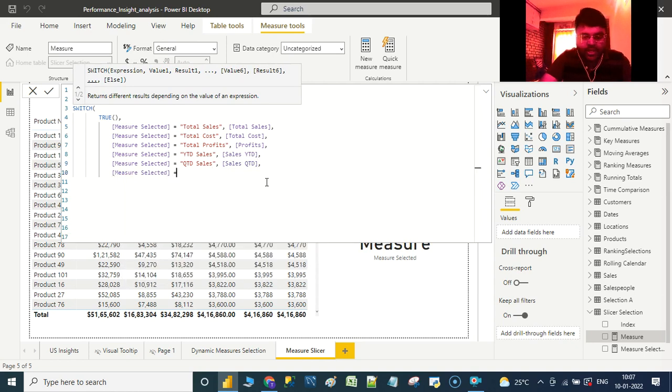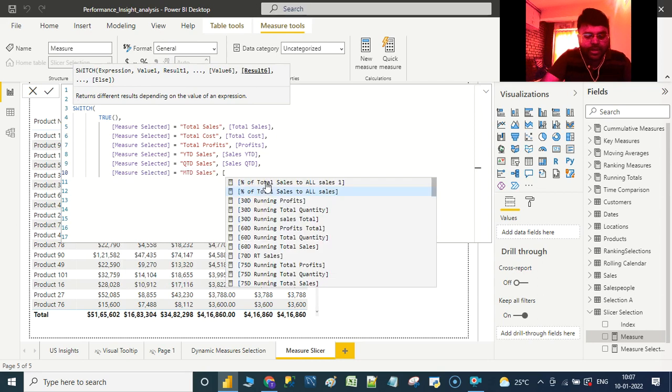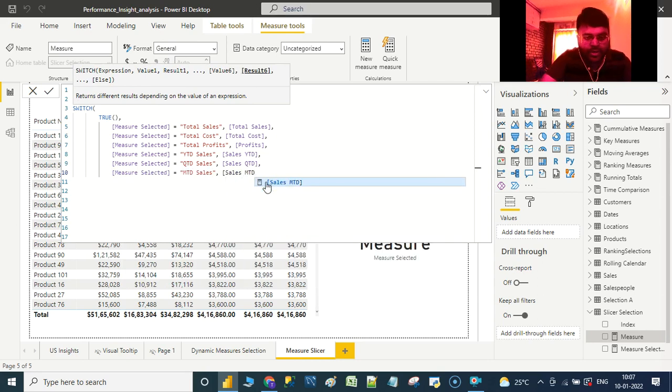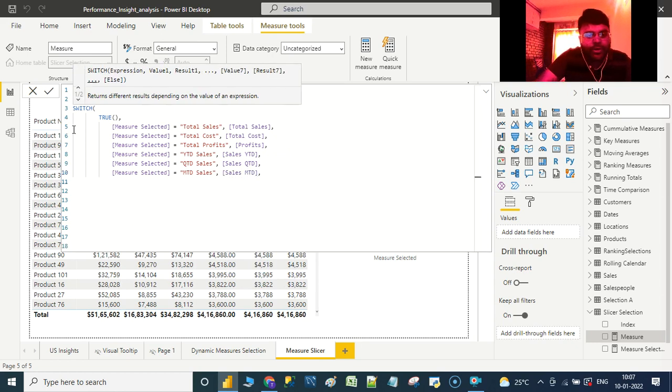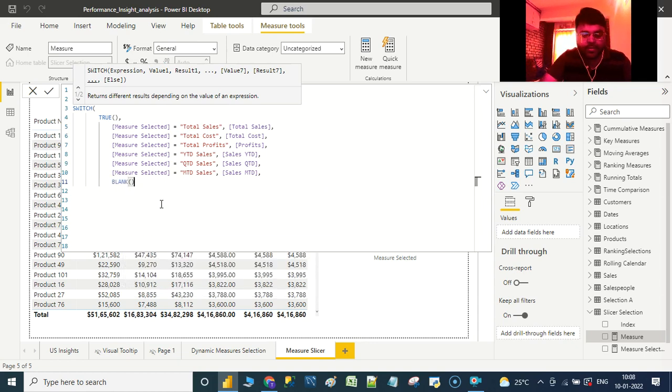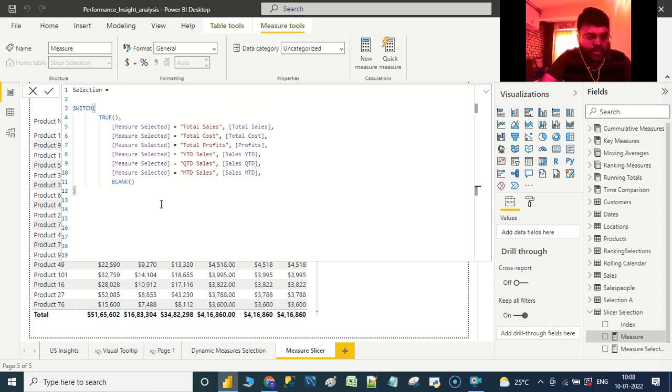Similarly, if the measure selected is equal to MTD sales, then return me sales MTD. Thereby, if at all we are not returning any of these measures, then give me blank. That's it. We are good to go.